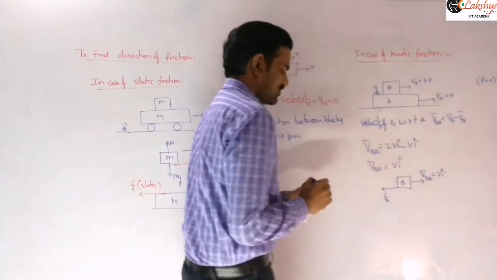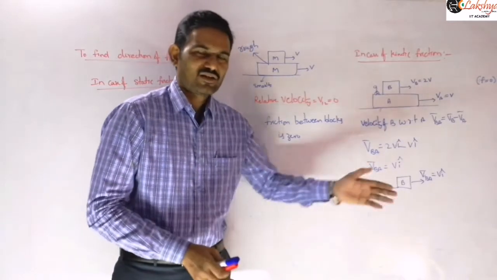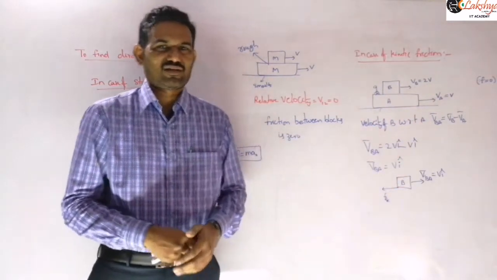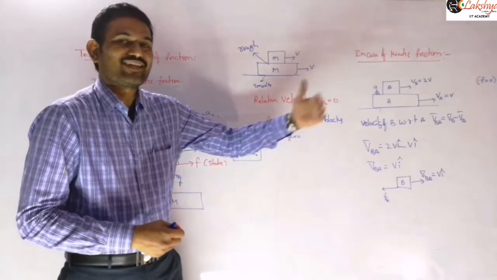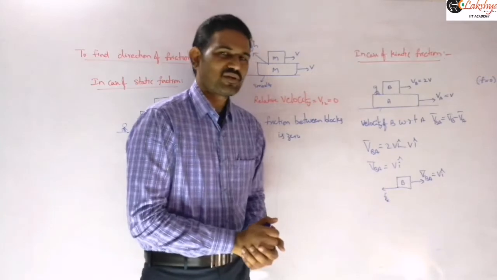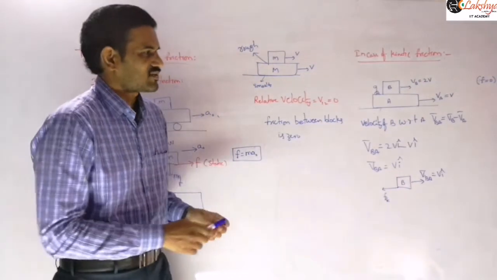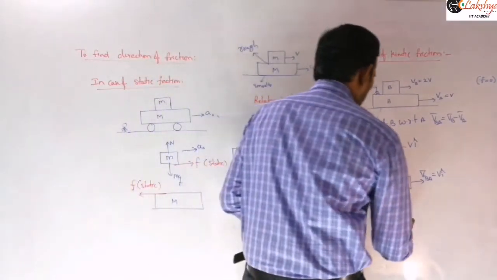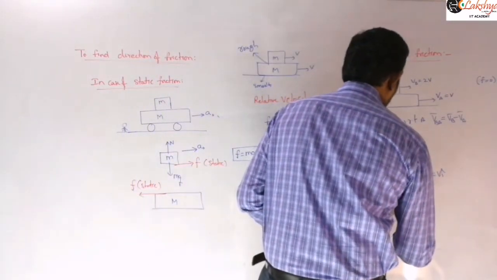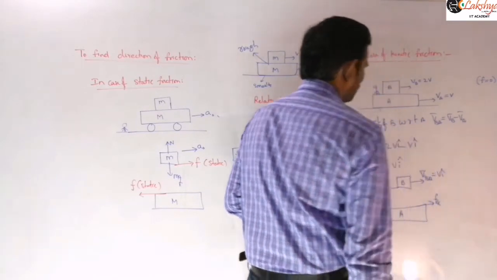Therefore friction will be opposite to that relative velocity here. So you may write this, you may mention that sentence, that friction will be opposite to the relative velocity of this object. That means friction acting on B, because we are finding this acceleration of B with respect to A here. So friction acting on B will be opposite to that relative velocity, and friction acting on A will be in the direction of this velocity here. Friction acting on this A will be in the direction of this relative velocity.